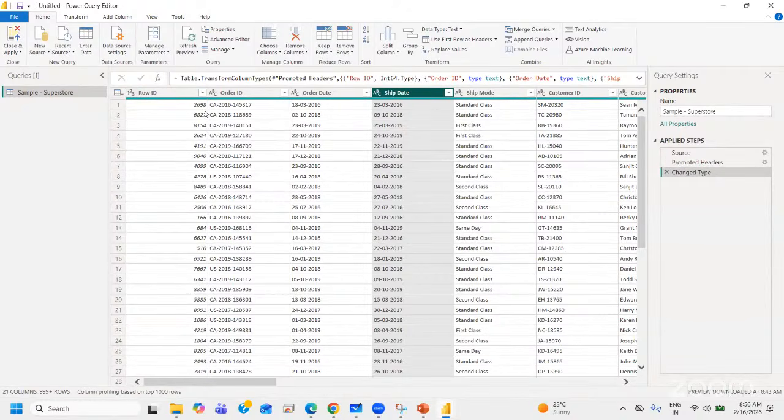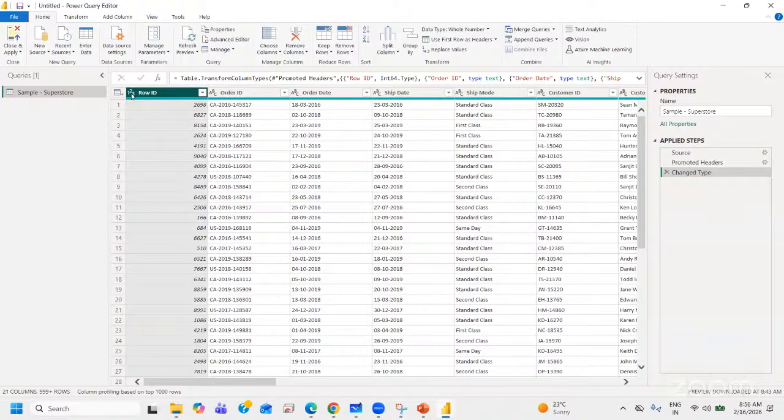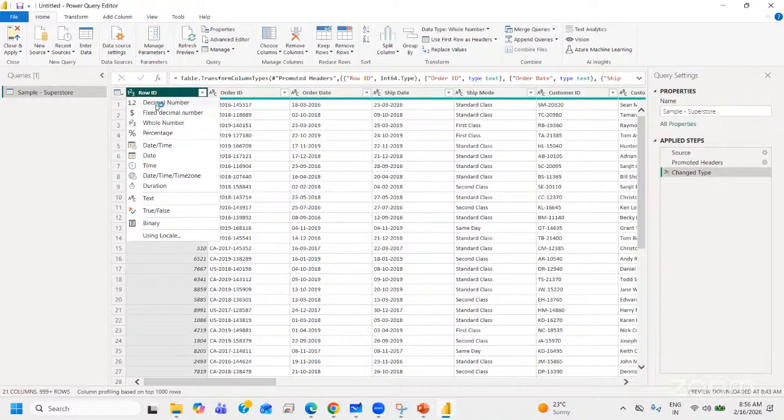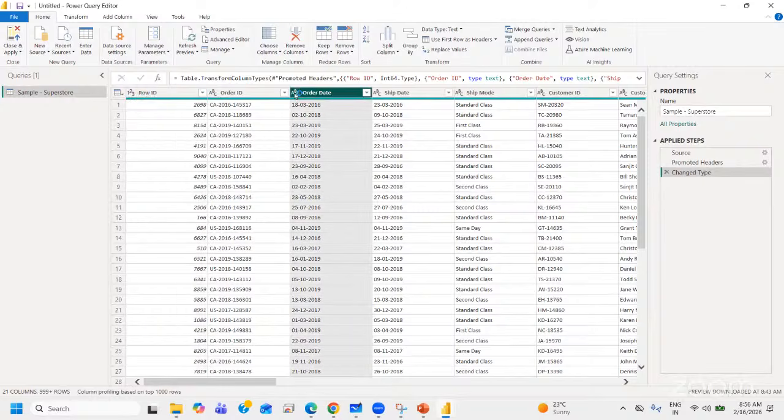But if you see, on every column there is a left side option available which will tell you what type of data type it is. Row ID is 123, which is numeric. If you just click on 123, it will give you a list of all the data types which are available. So if I just go to order date and click on it,